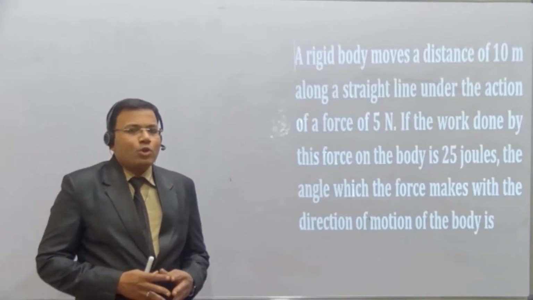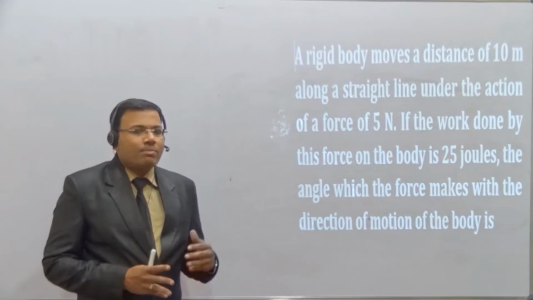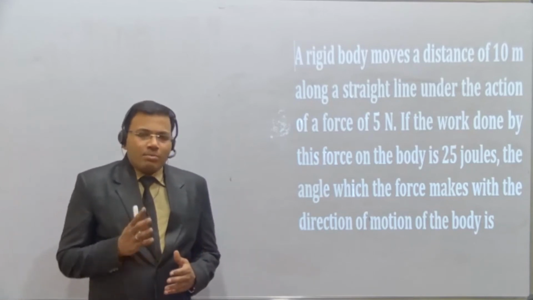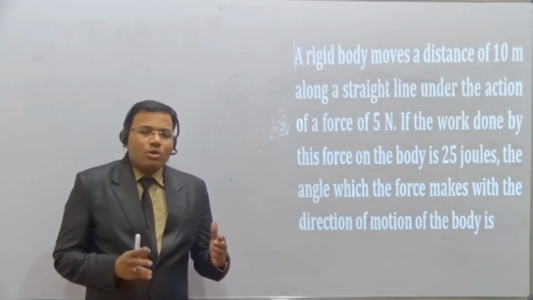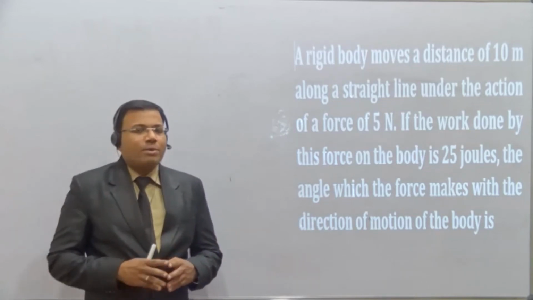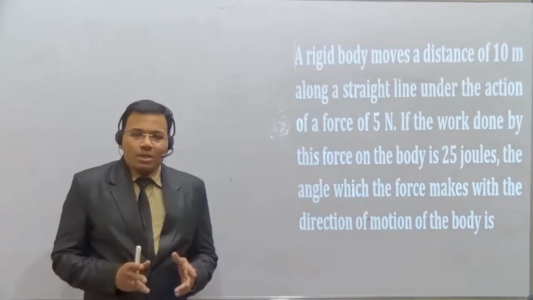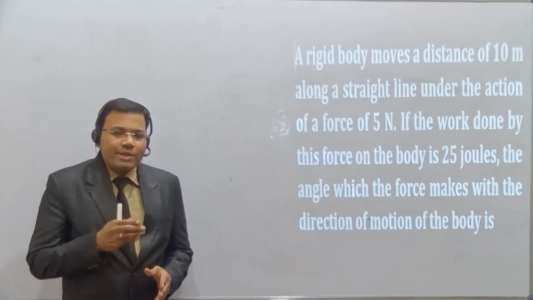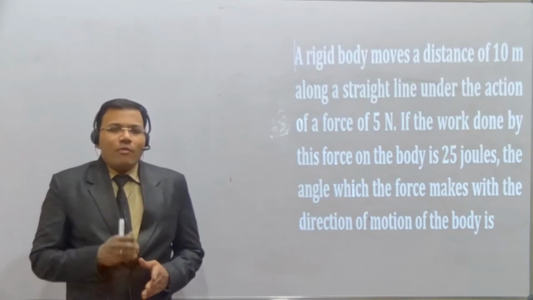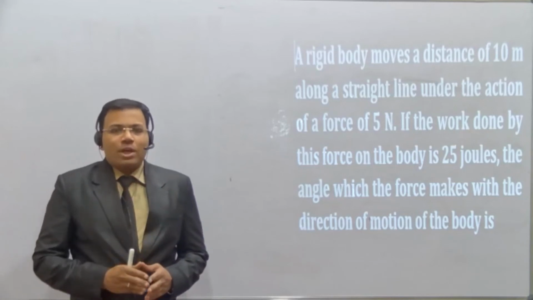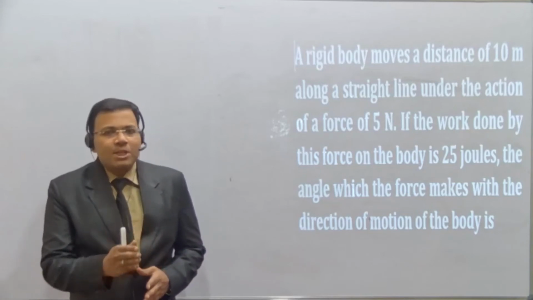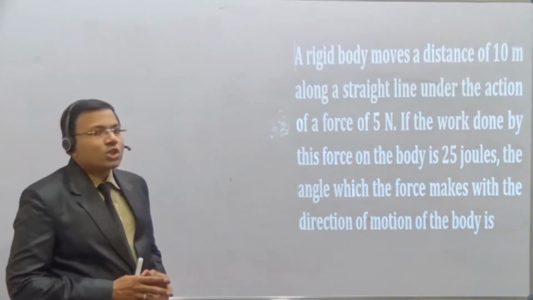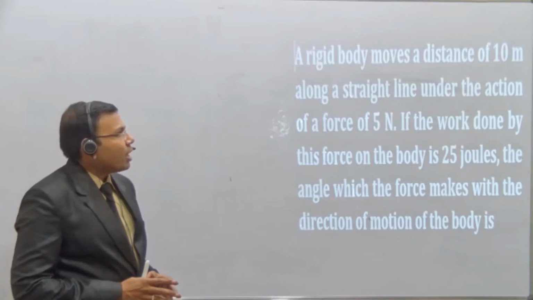Here, I would like to remove a small confusion. Sometimes we say displacement, sometimes we say distance. Remember, students, distance is a scalar quantity, displacement is a vector quantity. Both are different, but under one situation both are the same, whenever the body is moving along a straight line. Whenever the body moves along a straight line, distance and displacement are always the same. So that's why we are saying a rigid body moves a distance of 10 meters along a straight line under